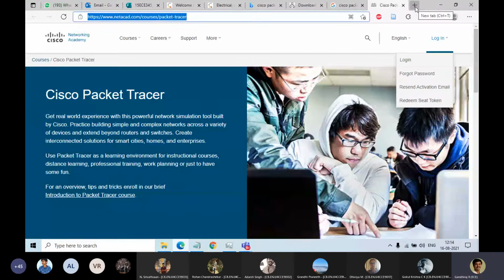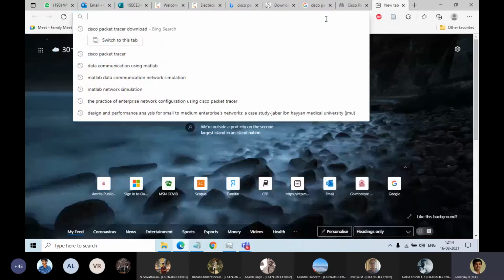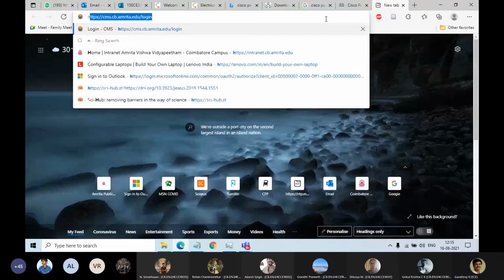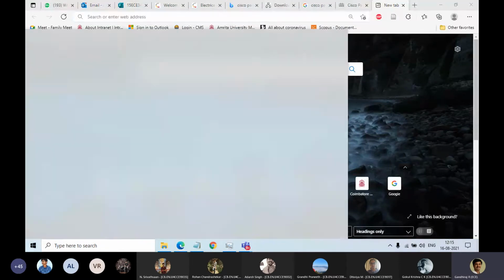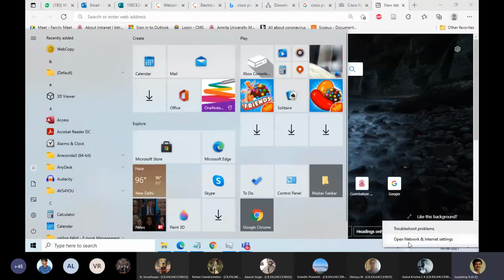If I am at my home, I have the Wi-Fi router, but here I don't know what the IP address is. Now I am using our college intranet IP address.